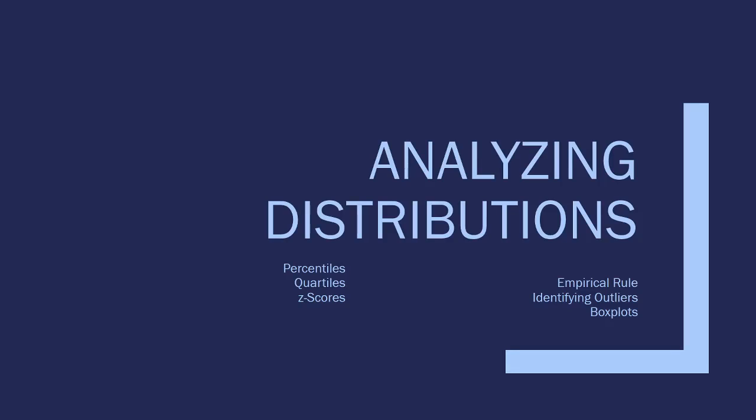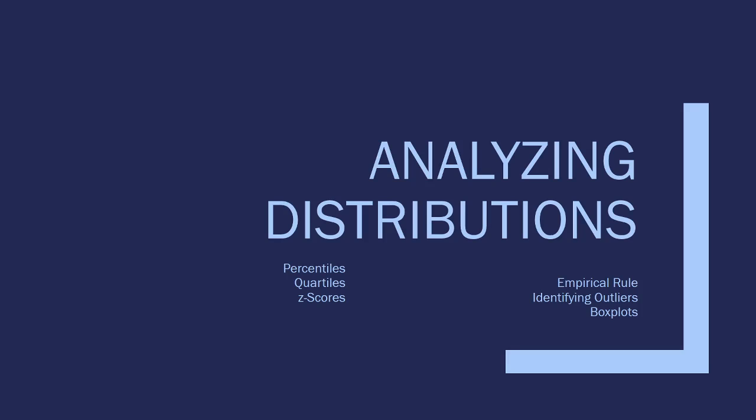Now we have here analyzing distributions. In this section, we are going to demonstrate how to create frequency, relative, and cumulative distributions for the datasets. Distributions are very useful in interpreting and analyzing data. A distribution describes the overall variability of the observed values of a variable. In this section, we introduce additional ways of analyzing distributions.